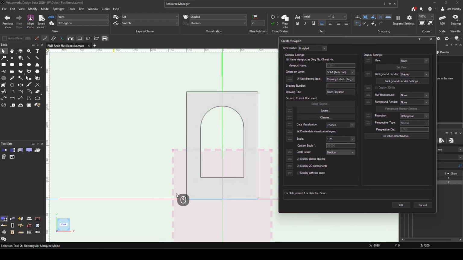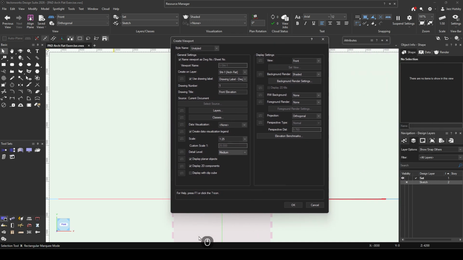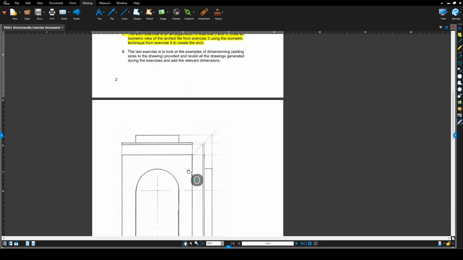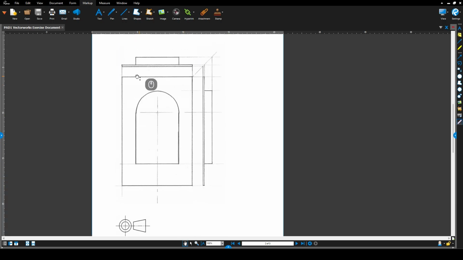That's what gives it that lovely white sort of texture to it. Because we're wanting to create this sort of line drawing,